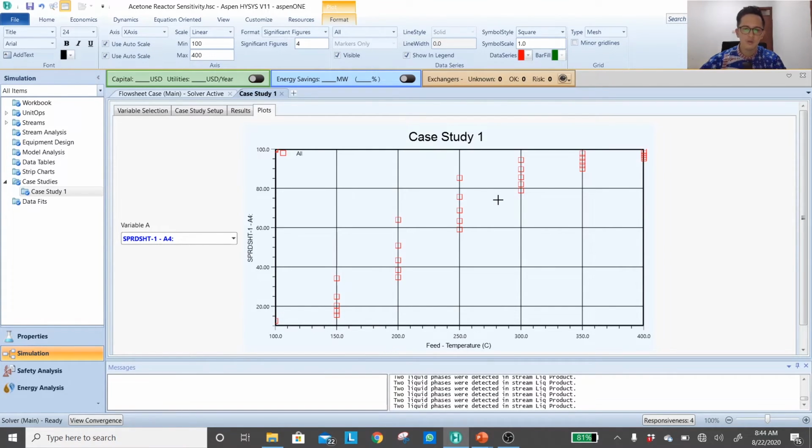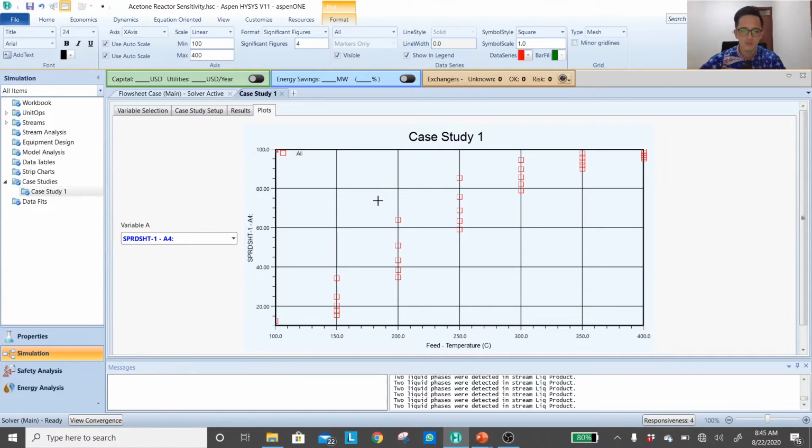It's the x-axis, and you can evaluate or analyze these results. For example, once you want to go into your PFR design, what would be the pressure, temperature, and the realistic conversion? Let's say you want to achieve high conversion above 90%. Let's draw an imaginary horizontal line. Based on these results, if you want to achieve more than 90% conversion, it has to be operated at more than 350 degrees C. There is no way you will get 90% conversion if you operate below 250 degrees C. So that justifies our selection.